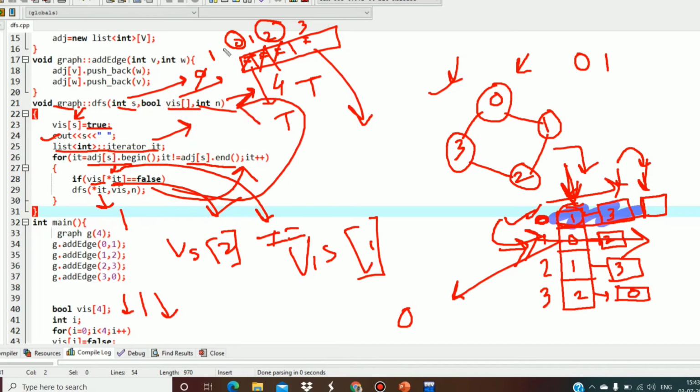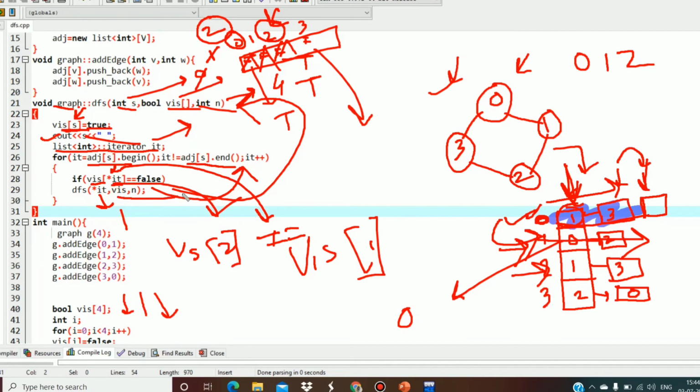So int s will change from 1 to 2 and start exploring this vertex 2. We'll mark vertex 2 inside the visited array as true, and we'll print vertex 2 in our output. And again we'll start iterating over all the adjacent vertices connected to vertex 2.